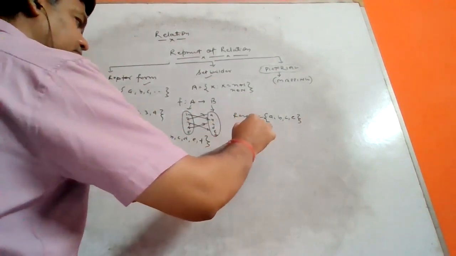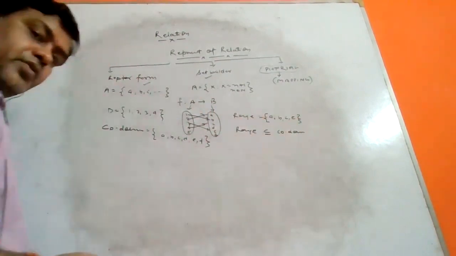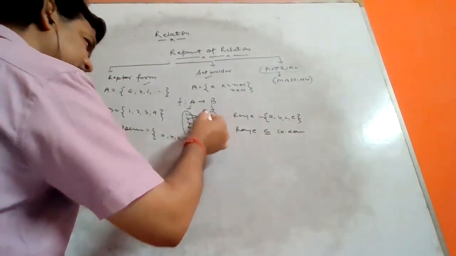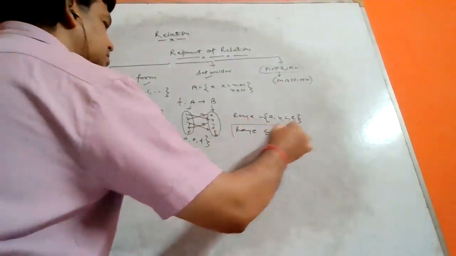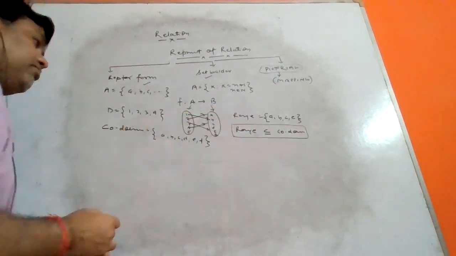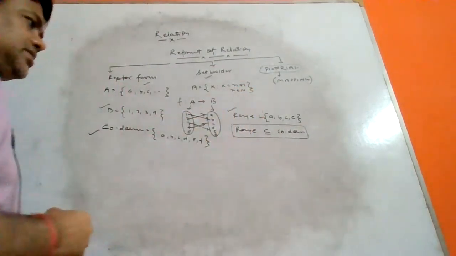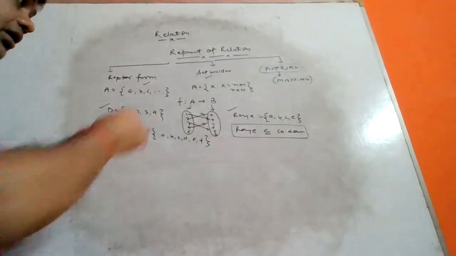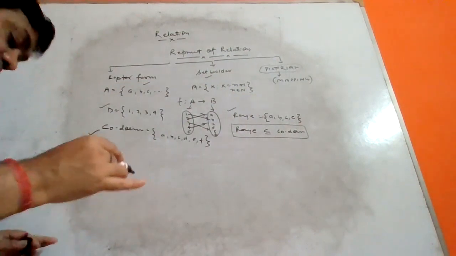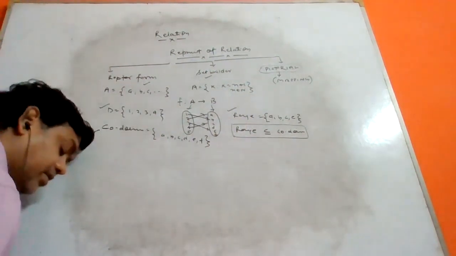And you can say that the range is a subset of the codomain. Why is the range a subset of the codomain? Because all the elements of the range are present in the codomain set. So we can say range is a subset of codomain. So these are the key factors: first is domain, second is codomain, and third is the range. These are the key factors when we represent a relation in a pictorial diagram, or you can say mapping.